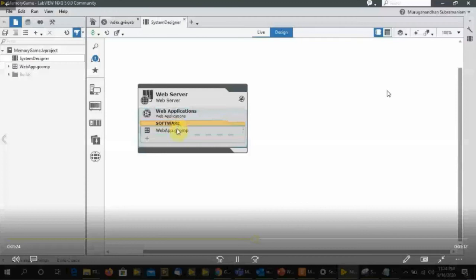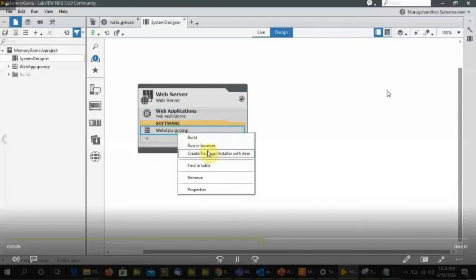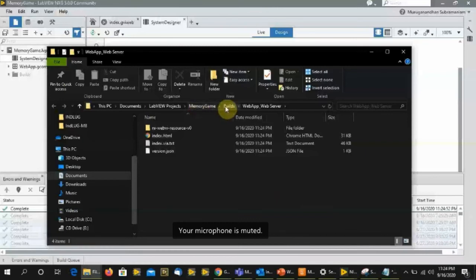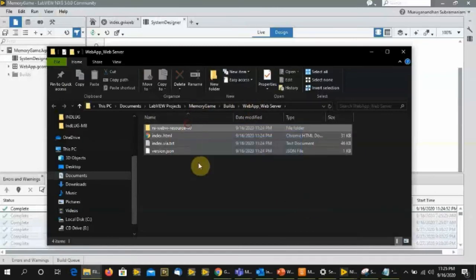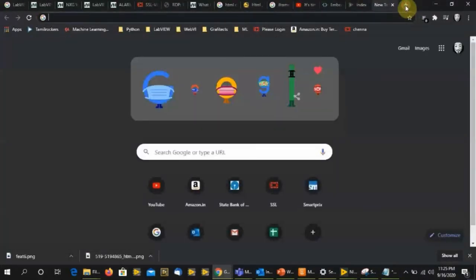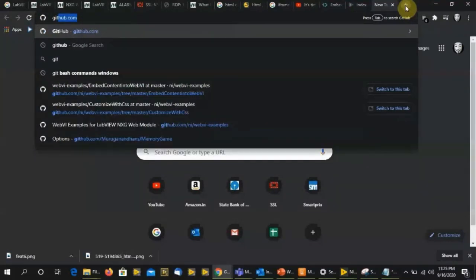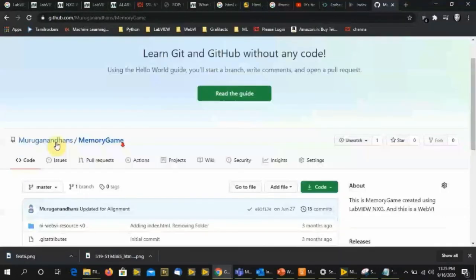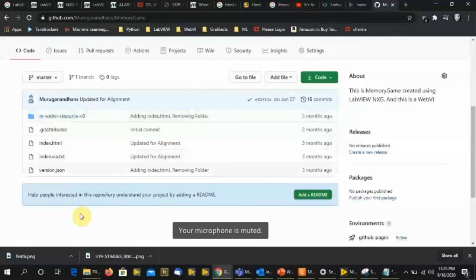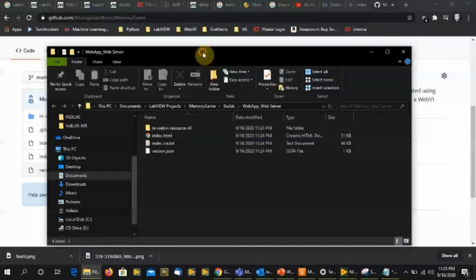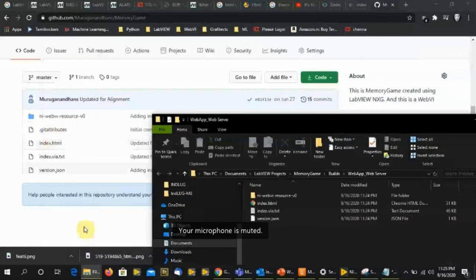We can build it the same way, and once it is built, we can locate the files and push them into GitHub. We should have a GitHub account and create a repository there, and once we push the code into GitHub, we can enable GitHub pages from GitHub itself. I'm just visiting my GitHub repository. The same code is already pushed into this memory game. The same content is available here. I'm just showing the built content for comparison. The same code is available here and there. Yeah, perfect.